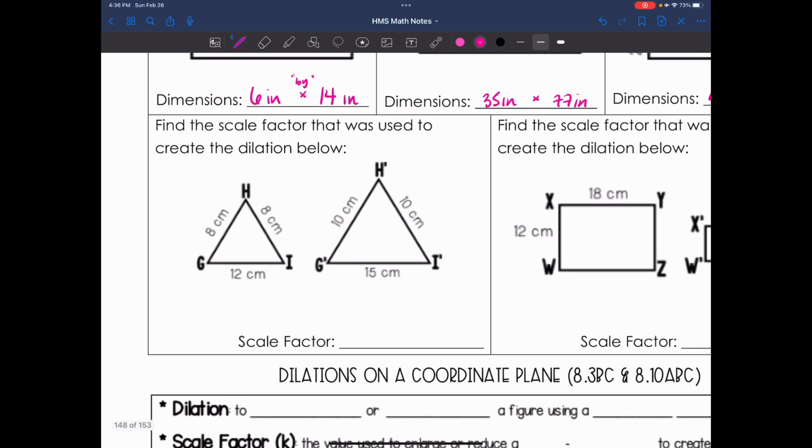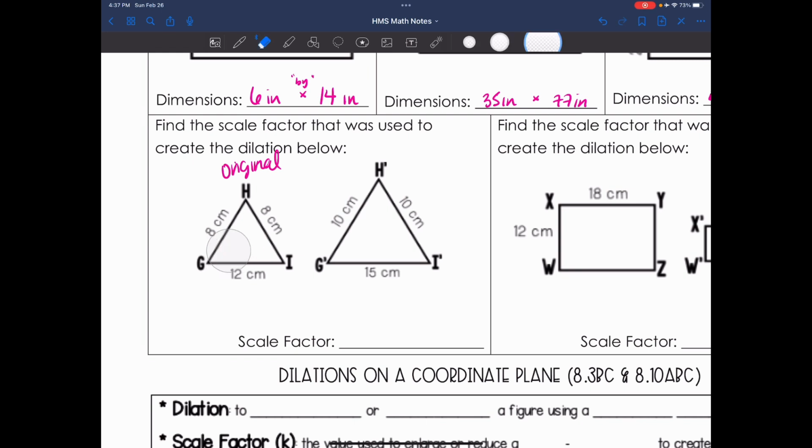All right, now we're going to find the scale factor. So we're doing the opposites. So instead of multiplying the scale factor times the original numbers, I am actually going to use the original and the new numbers. All right, so these are the image. These are the original numbers. And the new,